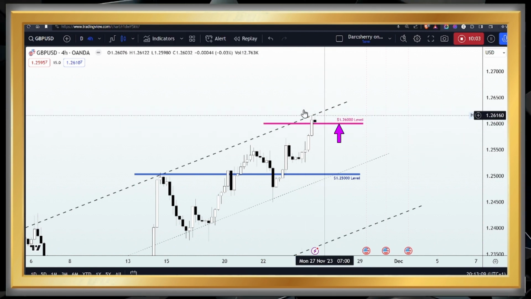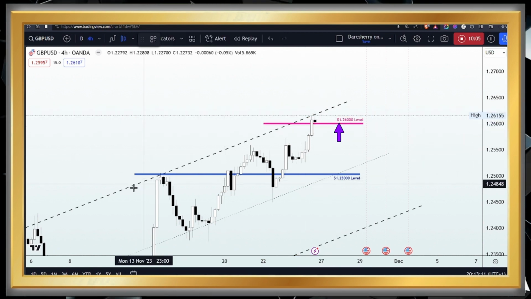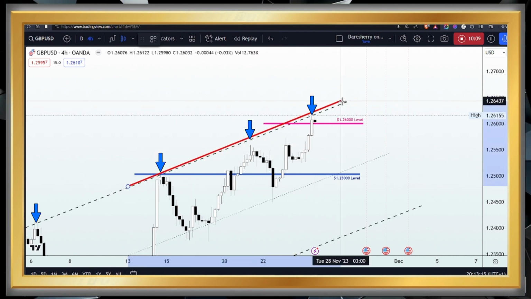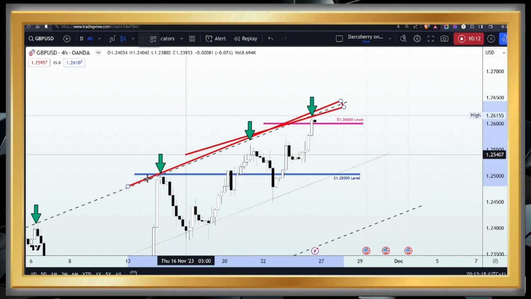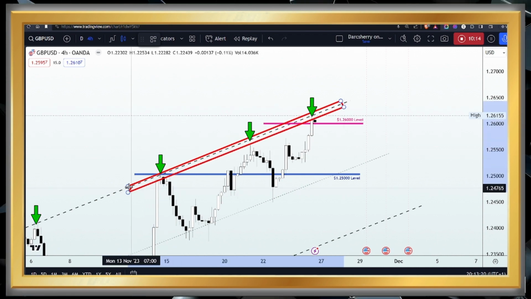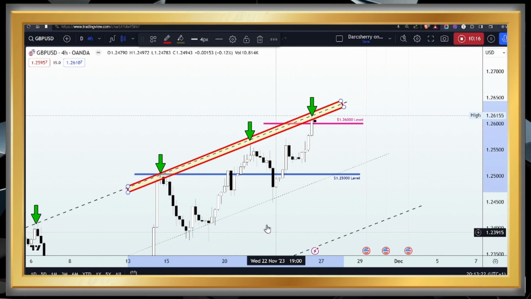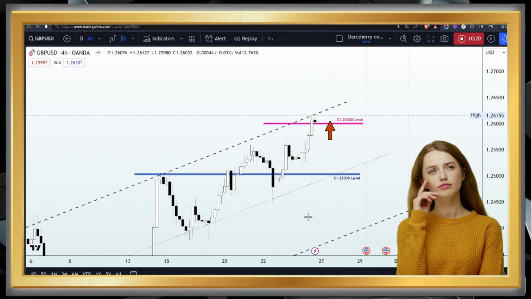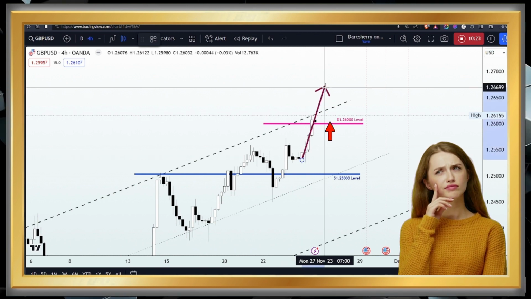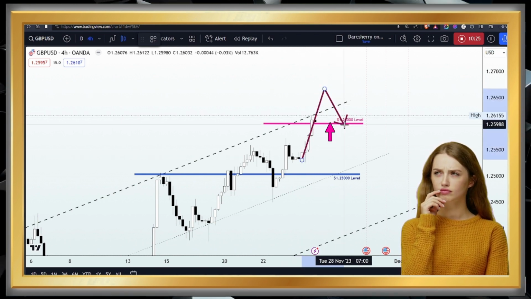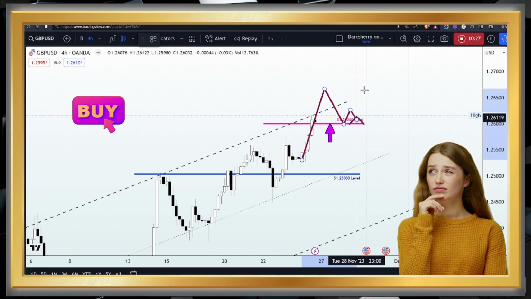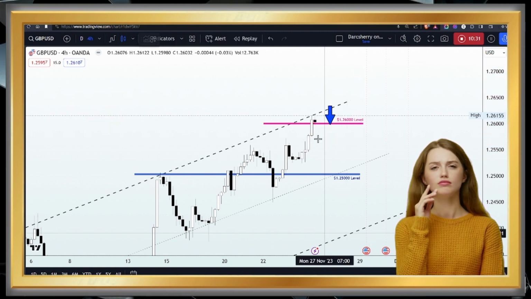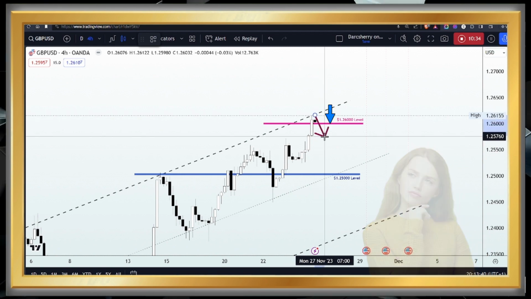And one interesting thing about this structure, which makes it very crucial, is the fact that price action is currently trading along the resistance line of that ascending channel we identified earlier. Now the question is, will the resistance line be broken to the upside where the 1.26 area will be a platform for new buying opportunities, or are we going to see price respect the resistance line one more time, bringing